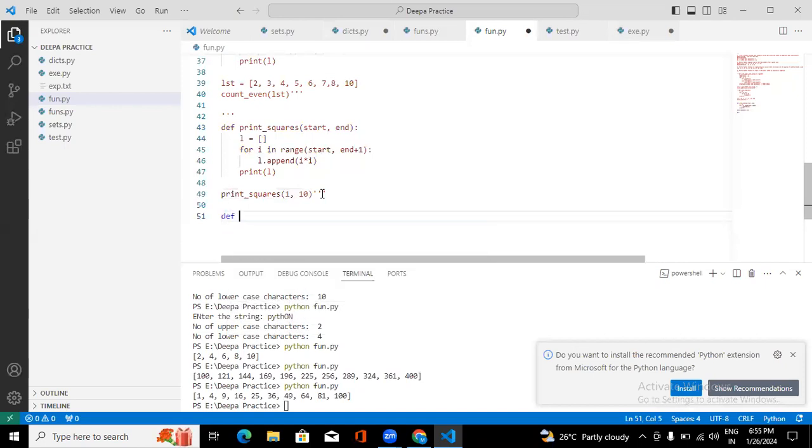So I want to check if the number is positive or not. I want to give one input. And what I need to do: if the number is greater than 0, I will tell it is a positive number. If the number is less than 0, I am going to tell it is a negative number. So if n greater than 0, print